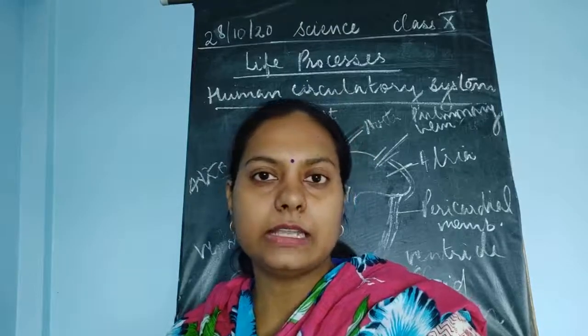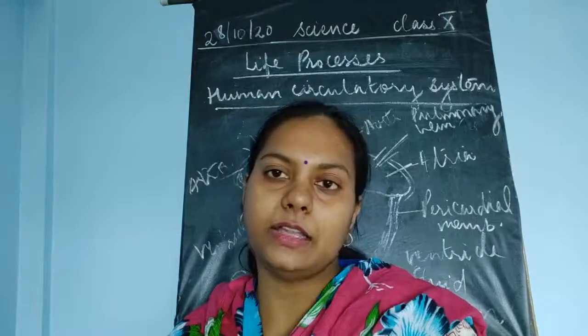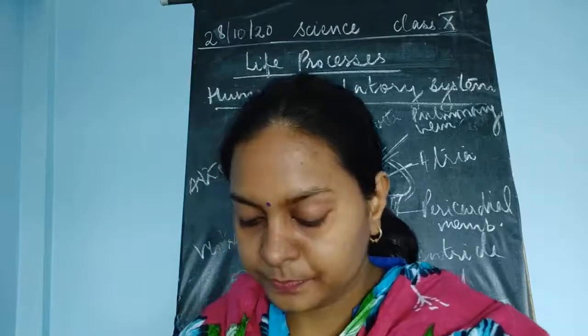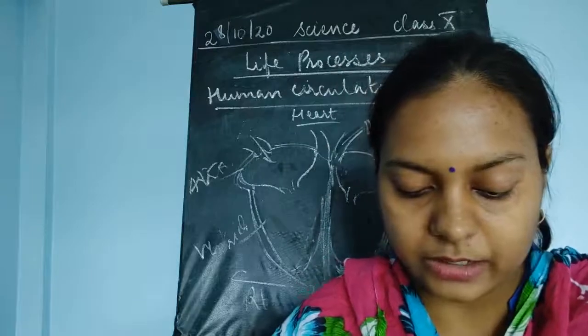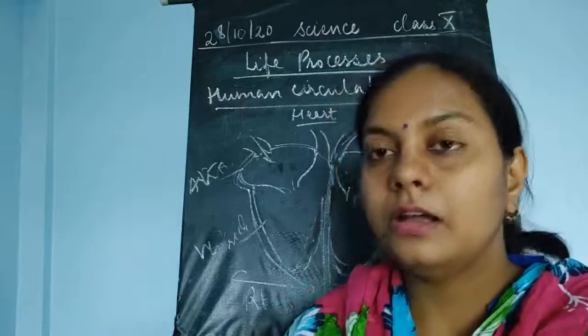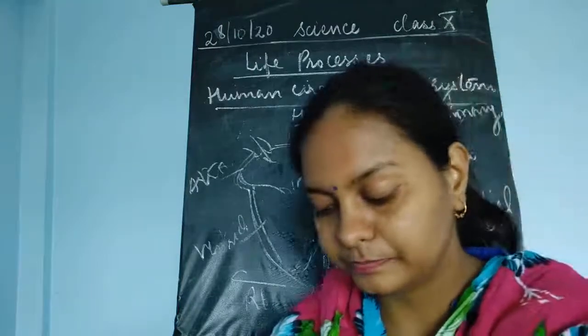In general, we can say that all the arteries carry the pure blood, whereas all the veins carry the impure blood. Please remember, in the heart, the function is exchanged. The main difference between the artery and the vein is that the artery carries blood from the heart to the body, and veins bring the blood back from the body to the heart.